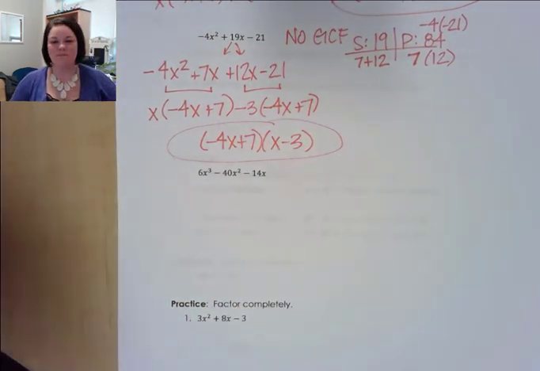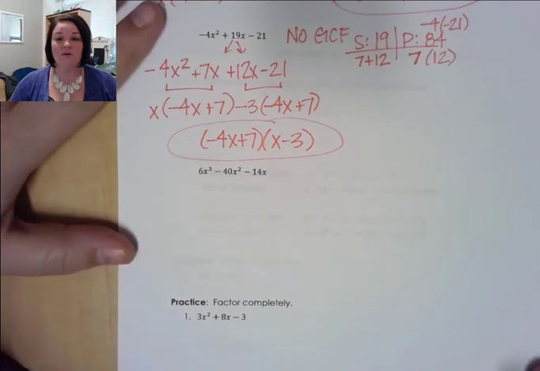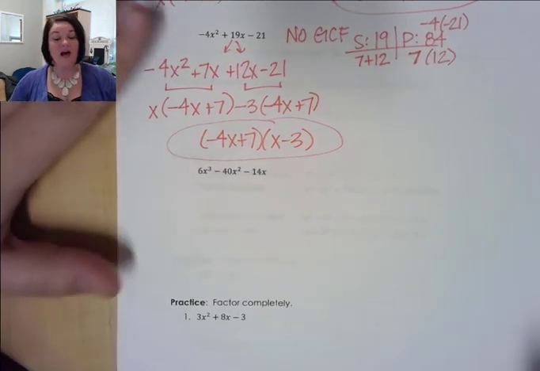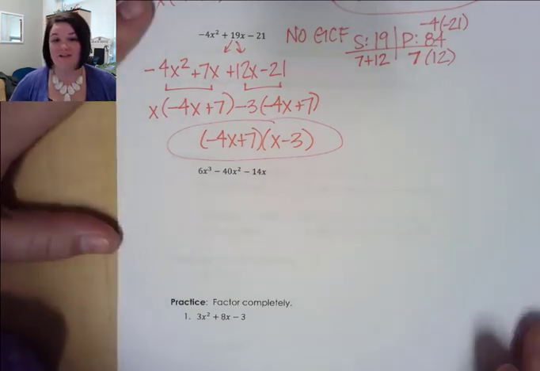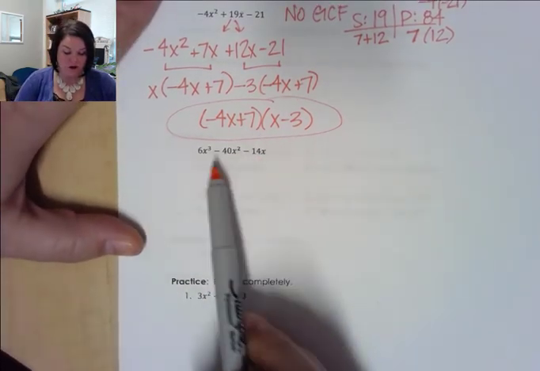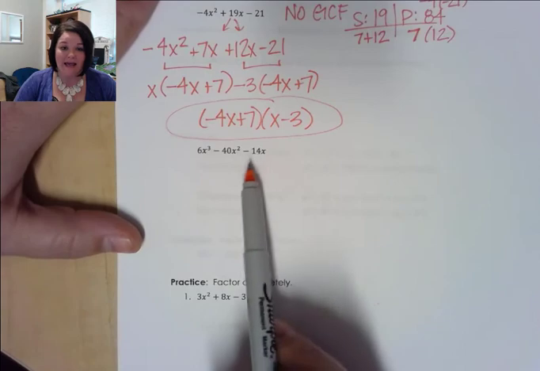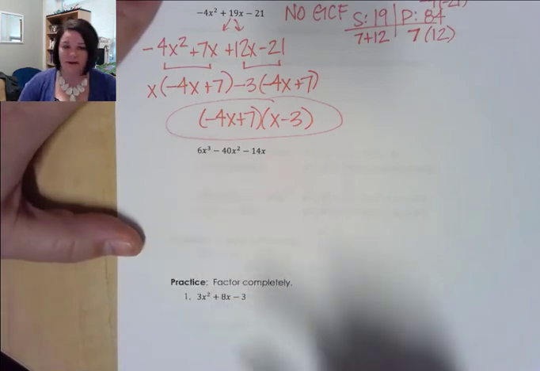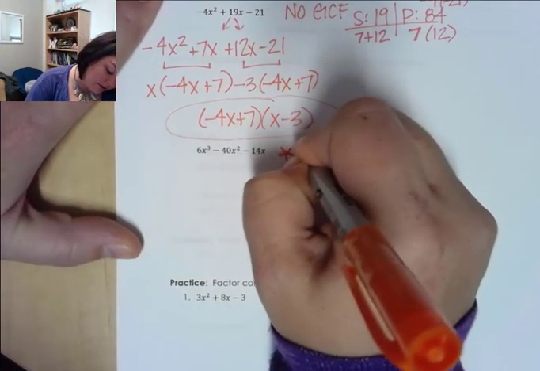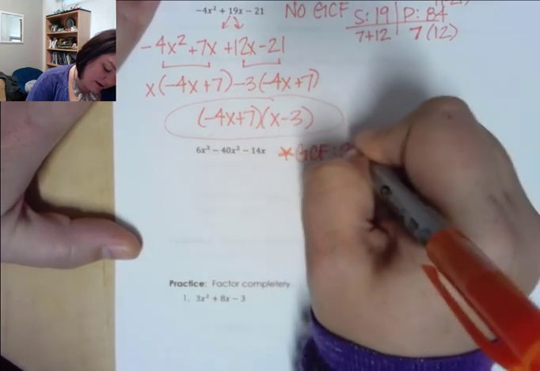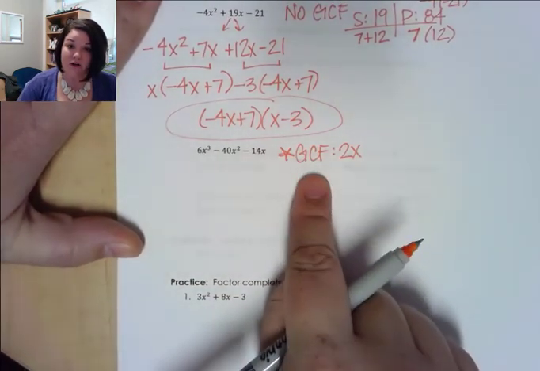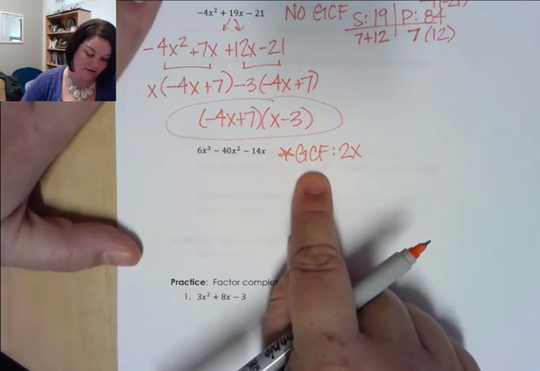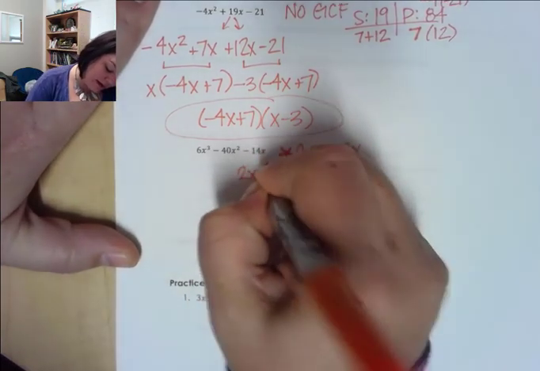Okay. All right, I got one more to show you, and this one's a little bit different because before we ever start, notice we have a greatest common factor on this one. On this one, all terms have an x, and all terms are also divisible by 2. So I'm going to go ahead and put a star and say we have a greatest common factor of 2x. So before I get started, I want to make sure I pull out that greatest common factor. So when I pull out a 2x,